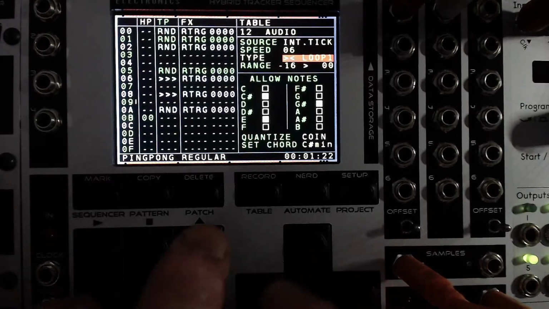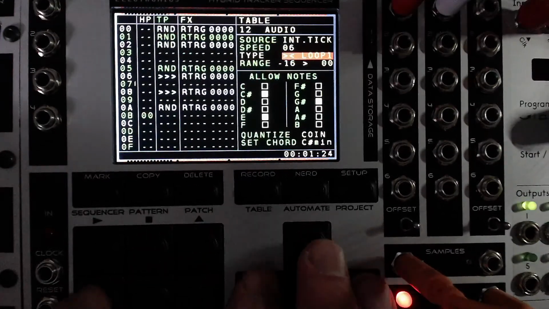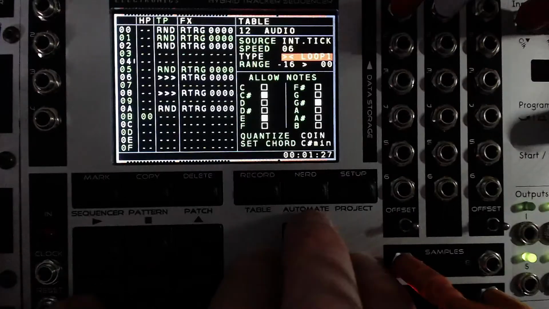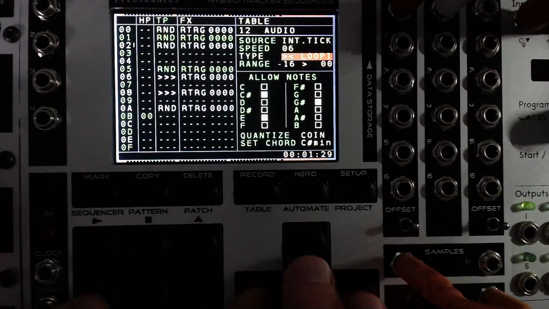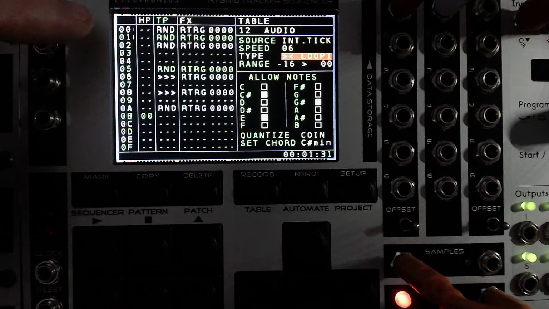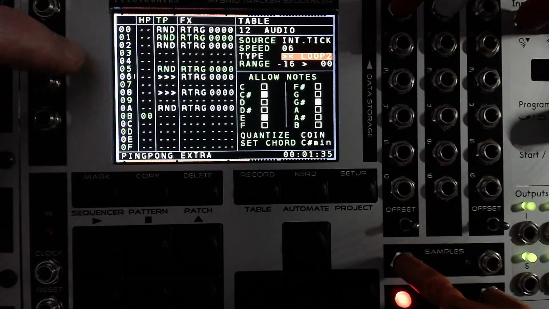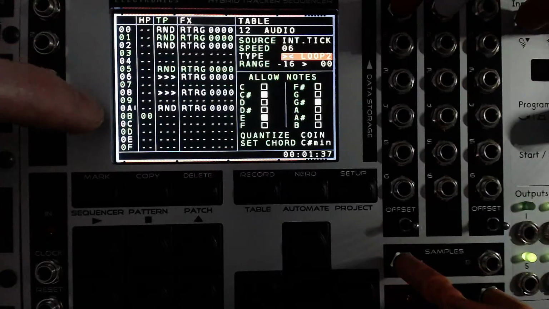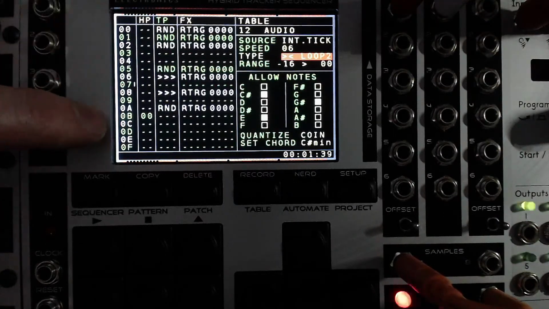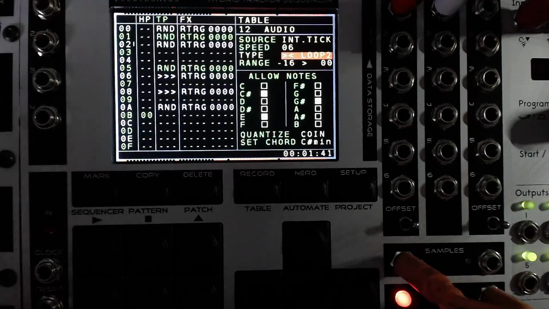Oh, I forgot to mention too, there's two different versions of ping pong. When you're looking at the looping for the table side of things, there's a normal ping pong loop, which if you notice hits the end and turns around immediately, and there's ping pong extra, which I think does one extra at the end because it pauses for a second. So